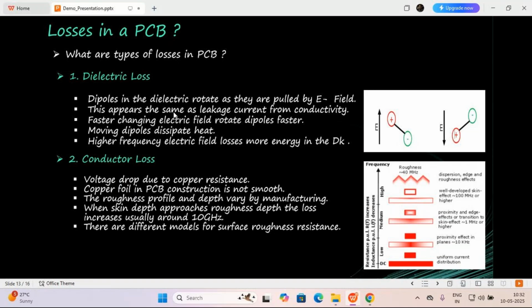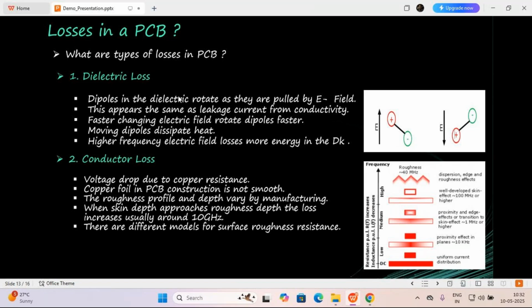So the magnetic coupling happens between the signal part and the return path. Now the dipoles in the dielectric rotate as they are pulled by the electric field. Because the electric field gets induced into the dielectric by the two copper plates, and since the electric field is changing very fast because it is a high frequency signal, 400 megahertz,